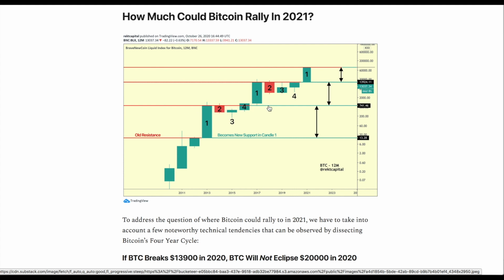turn into support. You can see that in 741. Previous resistance for the 4-year cycle becomes a new support, and we're actually seeing a bit of that already, but we're going to see that more so next year as we see that exponential rally up. But I want to talk about these rallies, the exponentiality of these rallies when we see a new all-time